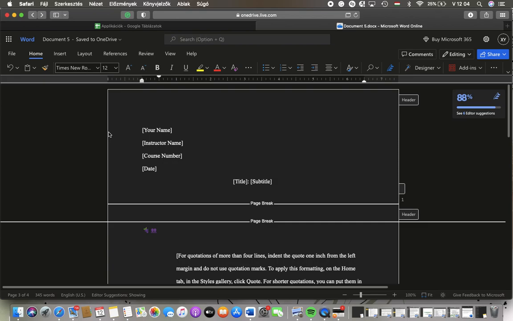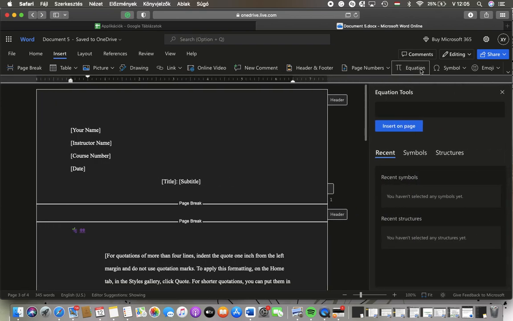Now let's jump into it. First of all, open the website, open your document, and after that you should tap on the insert button at the top of the screen on the left side. Then go to the right side of the screen. At the top you can find this equation button, so tap on it, and here you can find the symbols